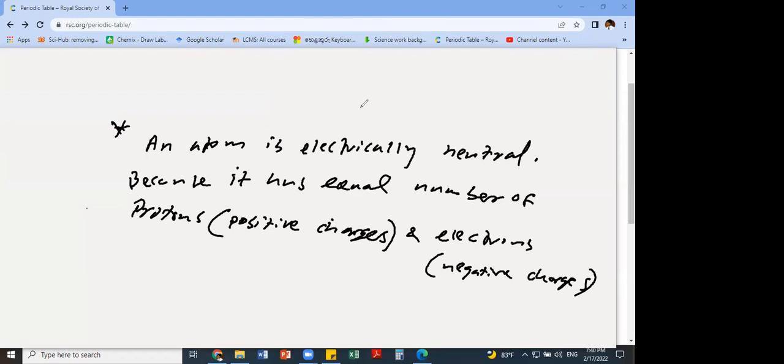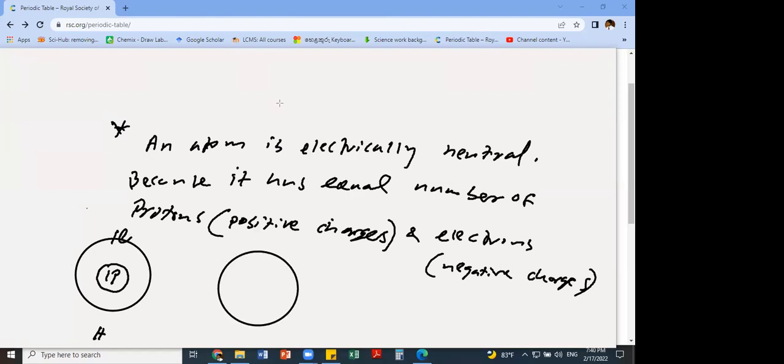So for example, if you take an atom like this, you can make a small sketch here. If there's one proton, there's one electron, right? That is the hydrogen atom. If you take the carbon atom, it has 6 protons inside the nucleus, while hydrogen has 1 proton. If you take oxygen atom or carbon atom, any other atom,